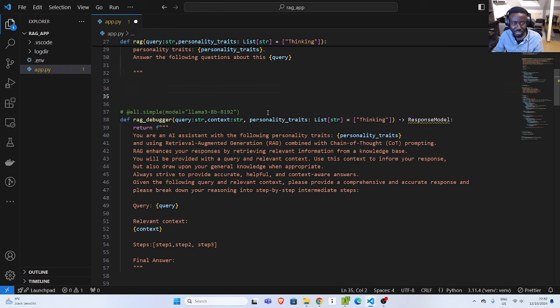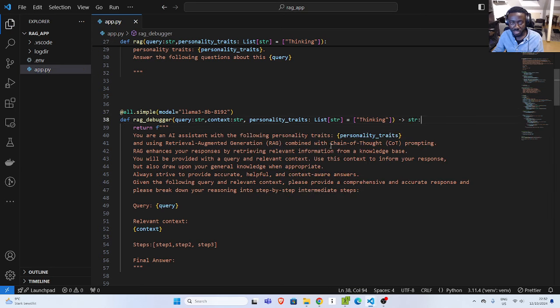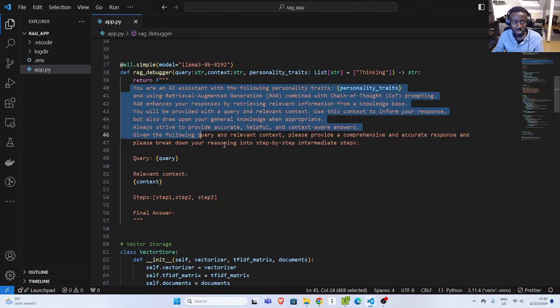Simple always is okay. And then here, this is returning my string, right? Perfect. So now it takes in all of this, returns a string, and this is going to be the response, and this is the string, and this is the format I want, right? I can structure the format if I'm using a complex one, but this is not going to work if I use this particular model, right? Perfect. Now this is where all the logic comes in. So what I'm doing is that